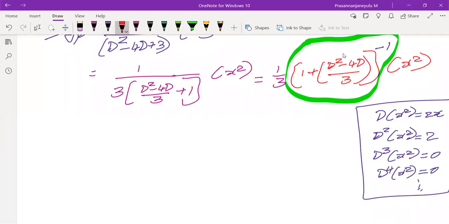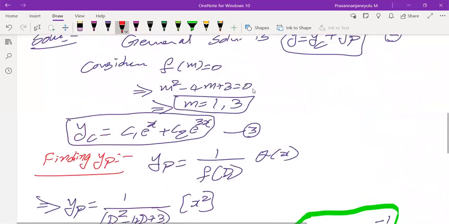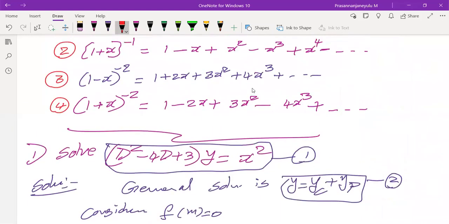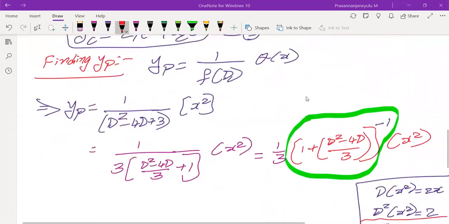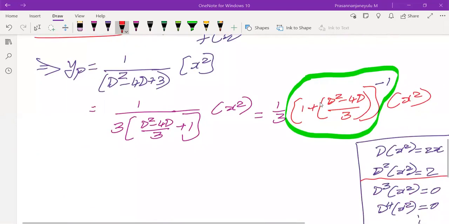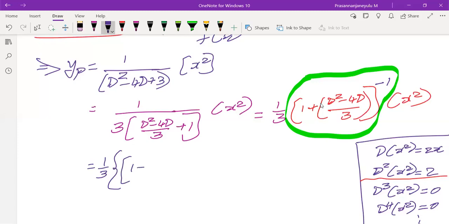So please take it as a cutoff. Up to which derivative does it exist? The second derivative. So we need to expand this using formula number 2 up to power 2, like x square. I'm going to write 1 plus x whole power minus 1. 1 by 3 is a constant. So 1 by 3 into, putting brackets, 1 plus x whole power minus 1 is 1 minus x. What is the x value? D square minus 4D by 3